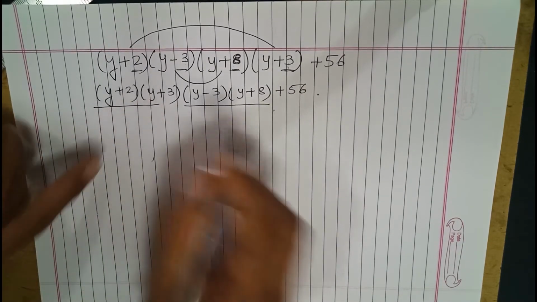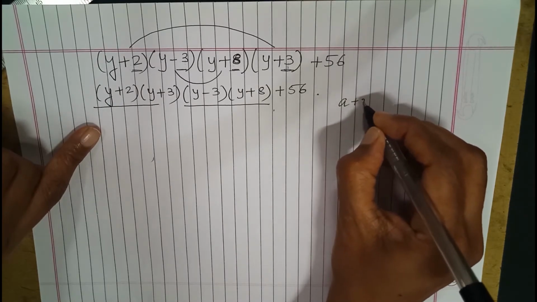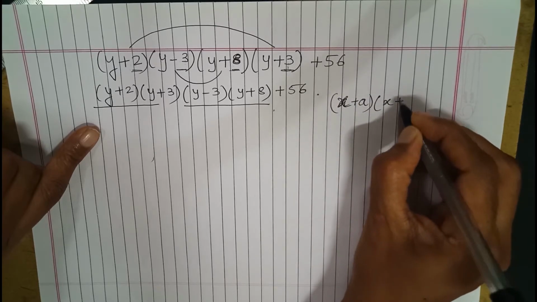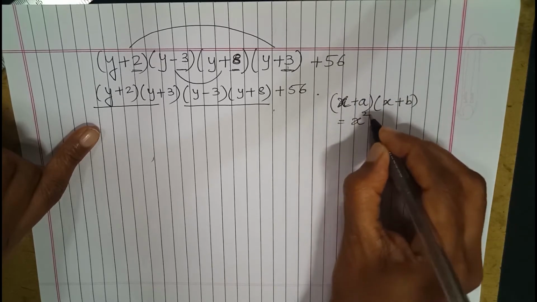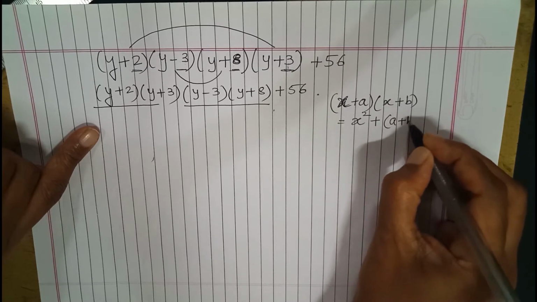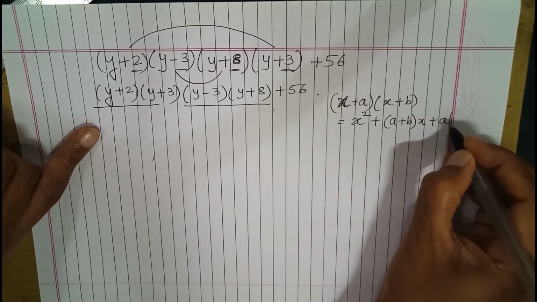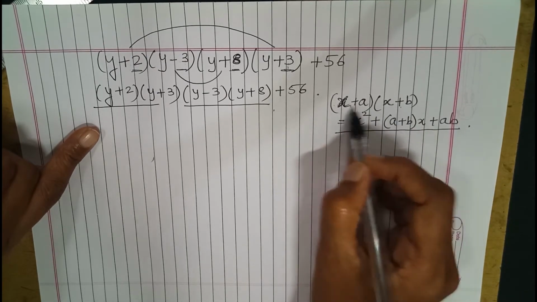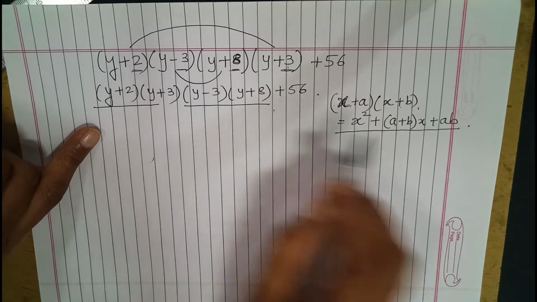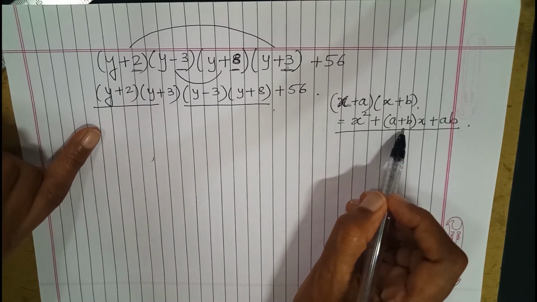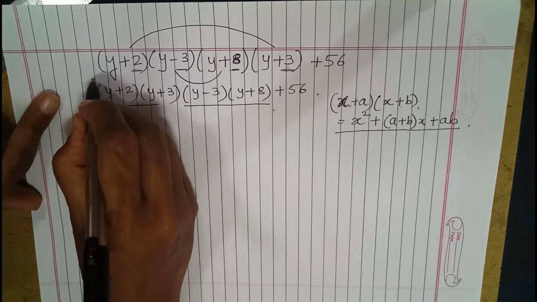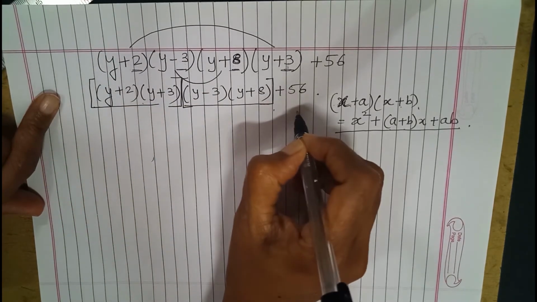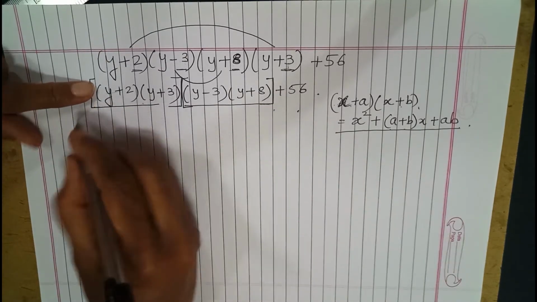Now in the lower classes you have learned the formula x plus a into x plus b is nothing but x square plus a plus b into x plus ab. Either you use this formula directly or you multiply in the normal multiplication form to get an answer. So those who are able to do this can use this formula directly. I'm showing here multiplication of polynomials. So these are the two we will be multiplying together and these are the two we will be multiplying together. So let's perform this multiplication first.